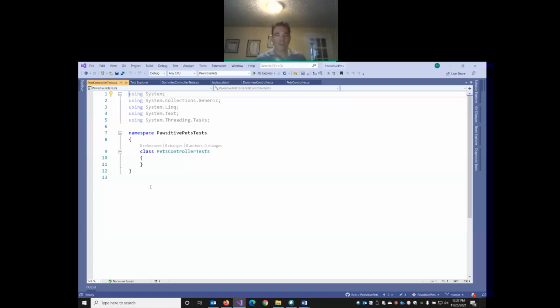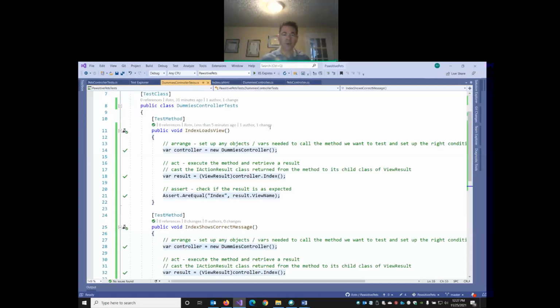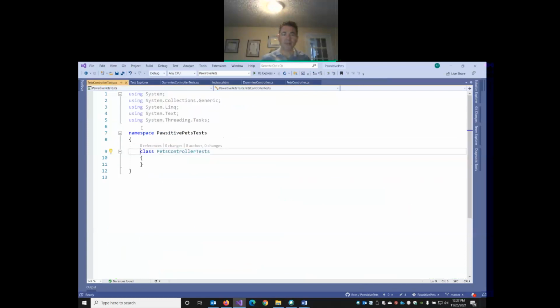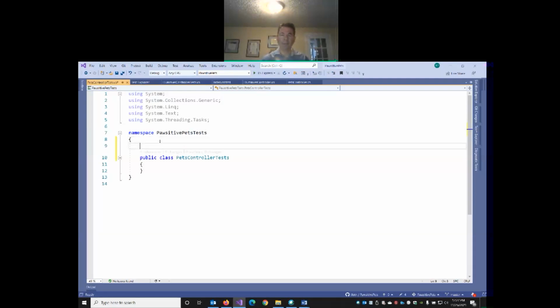And the very first thing we need to do here, and this is critical, is in order for your unit tests to be able to execute, your unit test class has to be declared as public, which by default, when we create the class, it doesn't have that public scope. Right? Notice our dummies test class, it's got public here. So we're going to need to add the public scope and then define it as a test class. So before the word class, I'm going to add in public, and then I'm also going to add this test class